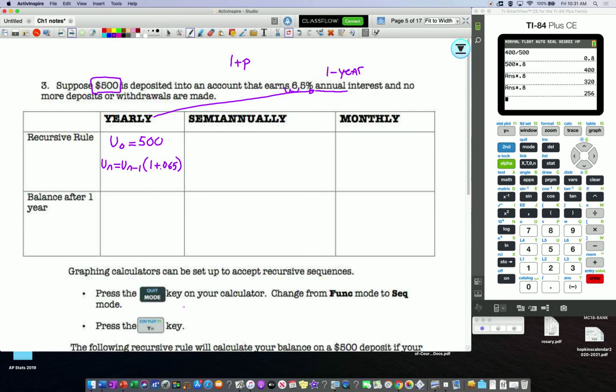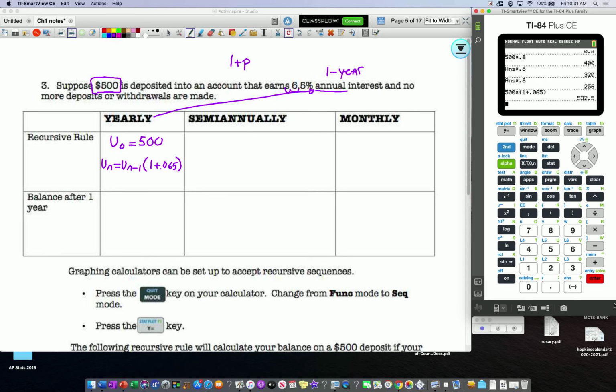And I got it written. So now what I can do is it says, find the balance after 1 year. Okay, so I can say, all right, if I take 500, and now if I times it by, and this is where just keeping it in the parentheses form really makes it pretty easy. So I can just type it right all in my calculator, and there we go. I have it,